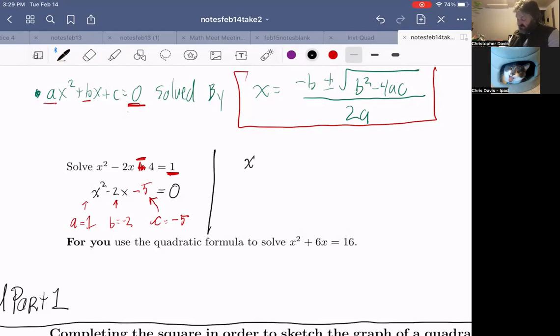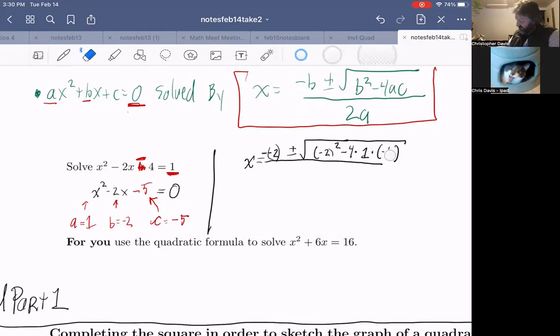The solutions are x equals negative b plus or minus the square root of b squared. Okay, so maybe I should do negative negative 2. All right, negative b plus or minus the square root of b squared minus 4 times a, which is 1, times c, which is negative 5, all over 2 times a. And let's see what that is. Negative negative 2 is just 2, plus or minus the square root of,